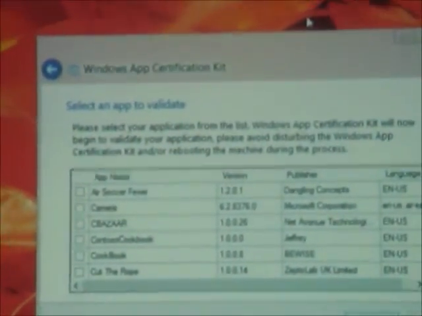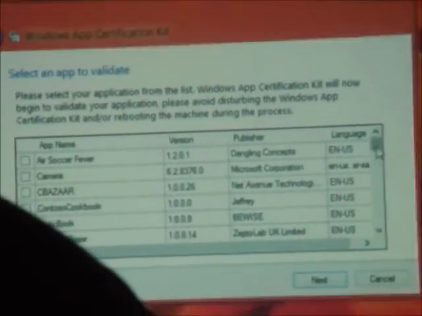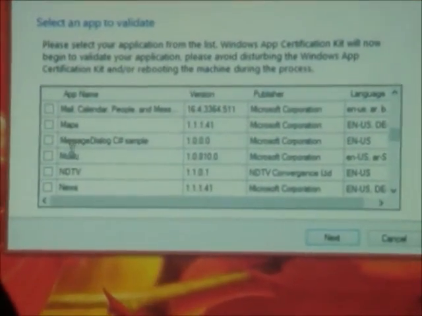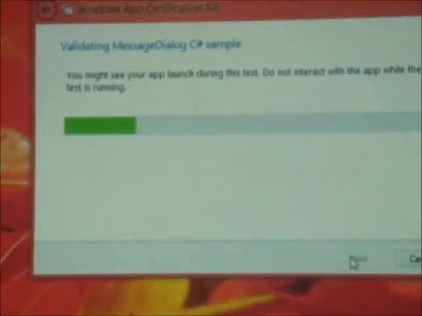So you can select your app which is running here. There are a lot of apps available. Whichever app you want, you can check. For example, you will click the Message Direct C# sample. Next. What you do is run a series of steps like launching the app, closing the app,